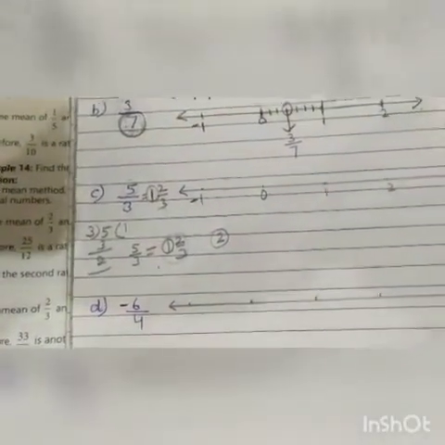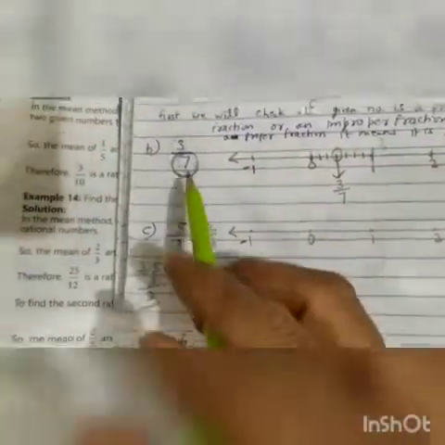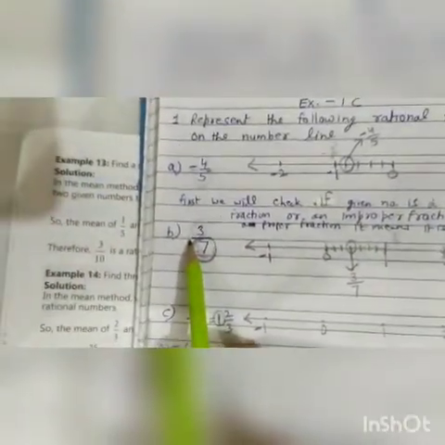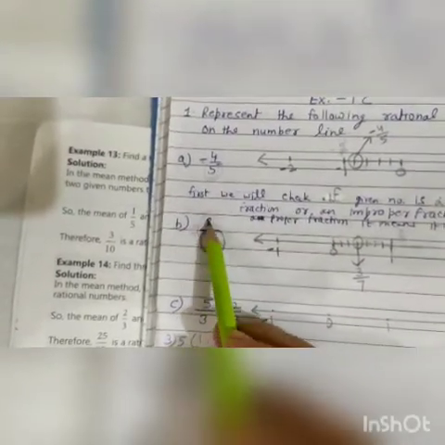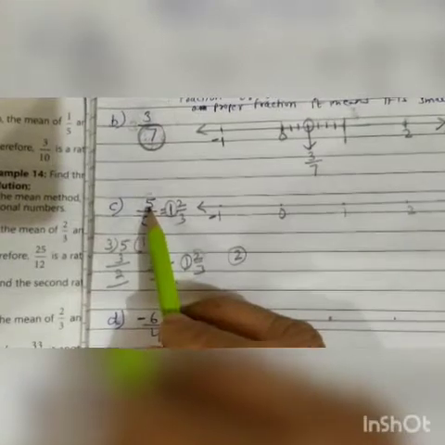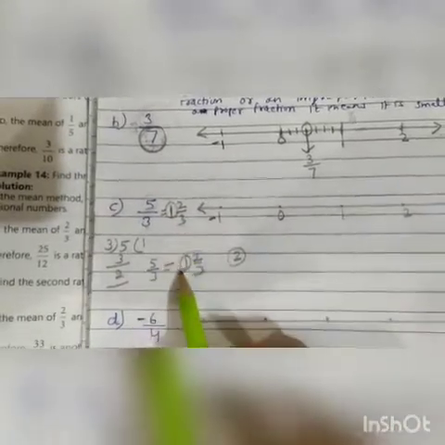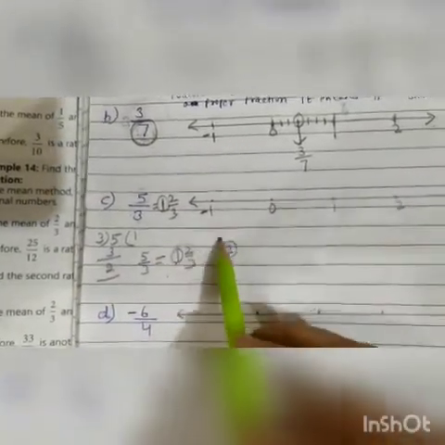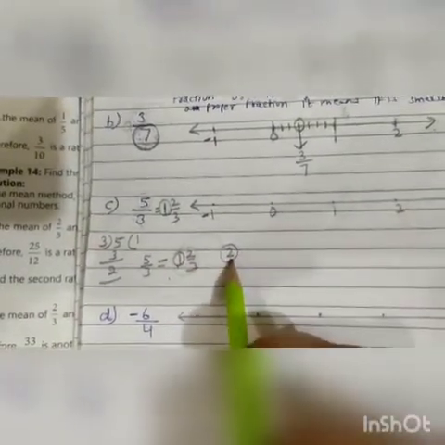Clear? Because here whole number is 1. Here there is no whole number, we can consider here 0. Here whole number is 0. So this number will lie between 0 and 1. Here whole number is 1. When we divide this 5 by this 3, we get 1 as a whole number, 1 whole number and 2 upon 3. So after 1 the next whole number is 2. So this 1 and 2 upon 3 will lie between this 1 and 2.